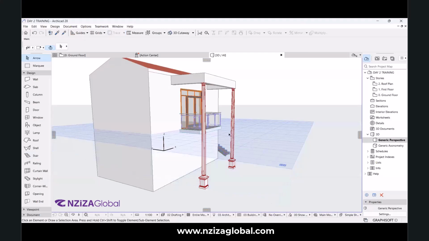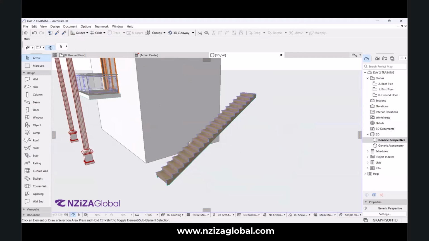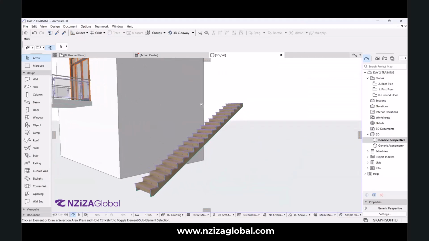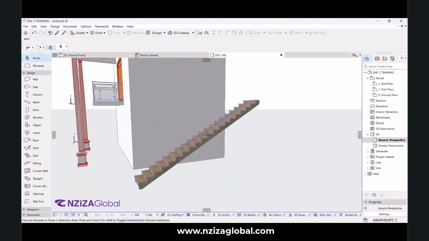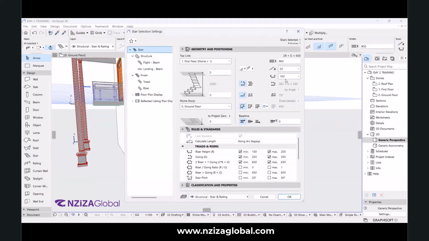If I go into 3D, you will see my stair is too long. But the software has calculated the settings I inserted there and found out the stair must be this way. Now if I click it, I go into settings again. There are things that I must know. Here they are saying